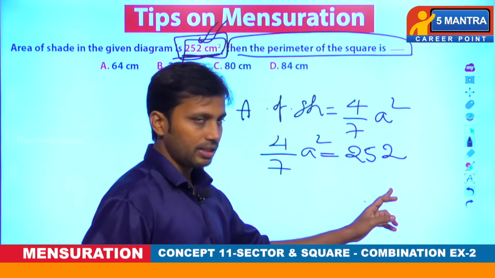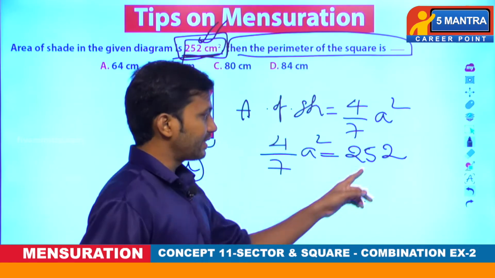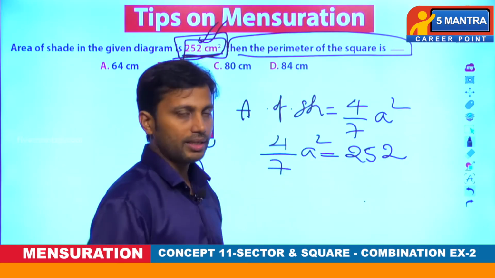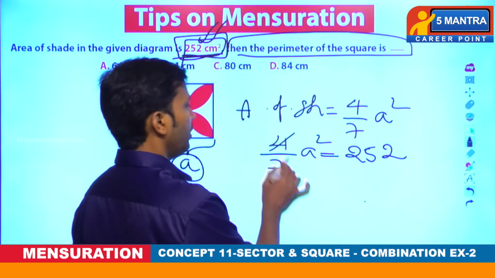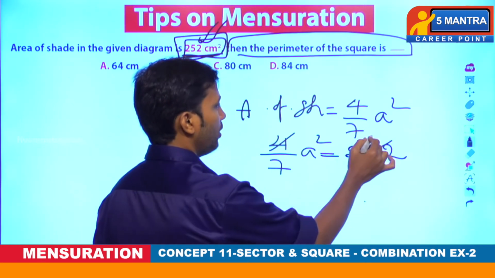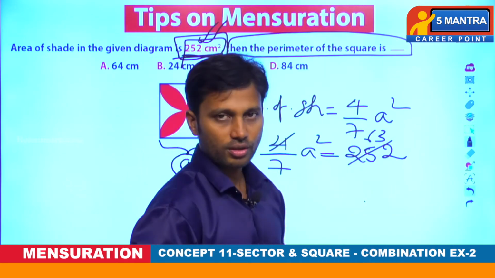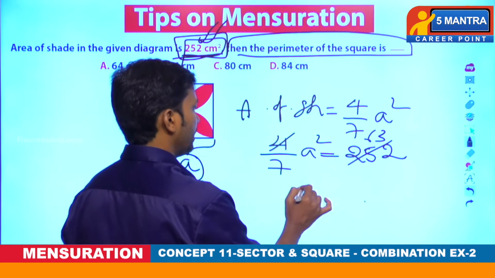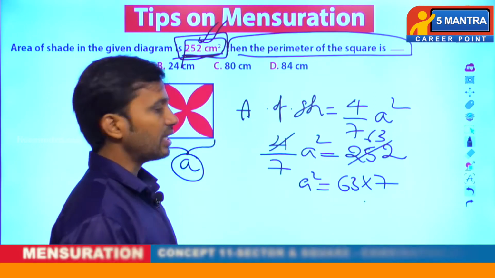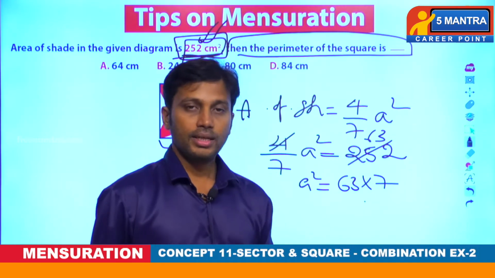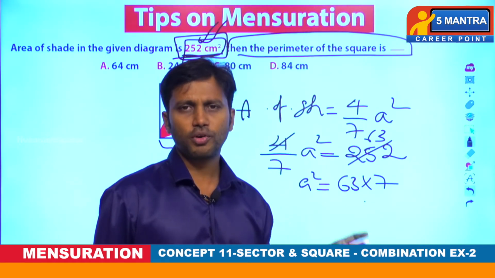Now we can transpose these values to the other side. If this 4 comes under the denominator, this 7 goes to the numerator part. Now we can cancel with 4, because it will come under the denominator. So I am directly doing cancellation from the numerator on both sides. 4 1s are 4, 4 6s are 24 and 4 3s are 12. 4 63s, or not? See. So A square equals 63 into 7. A square equals how much? 63 into 7.